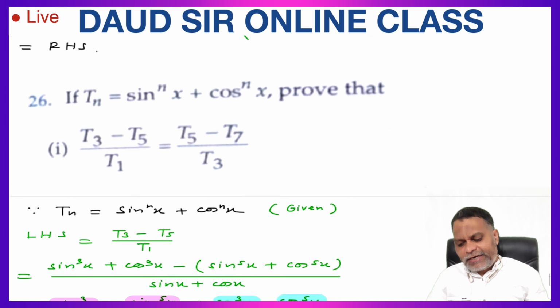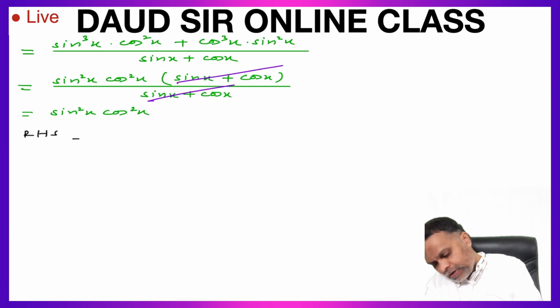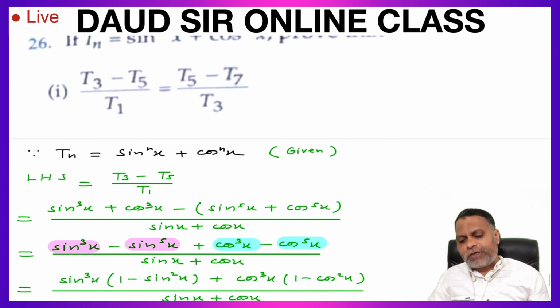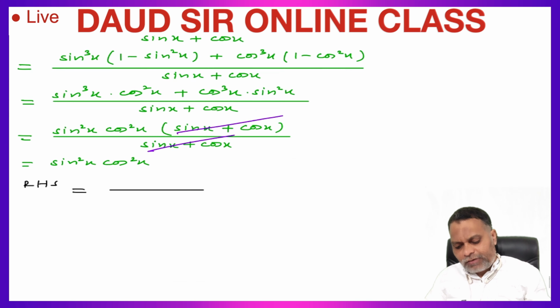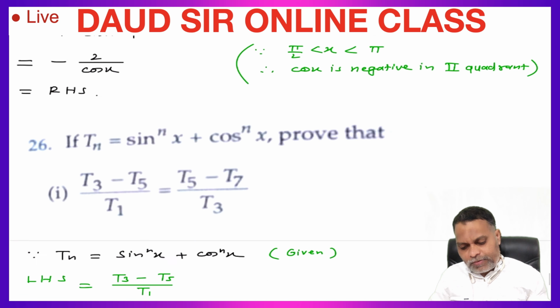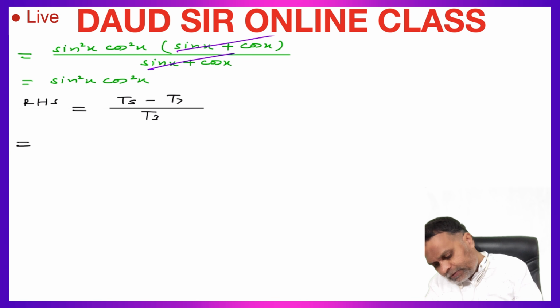Now take the right hand side. RHS is T5 minus T7 upon T3. Tn is equal to sin raised to the power nx plus cos raised to the power nx. So substitute n equal to 5: sin raised to the power 5x plus cos raised to the power 5x, minus